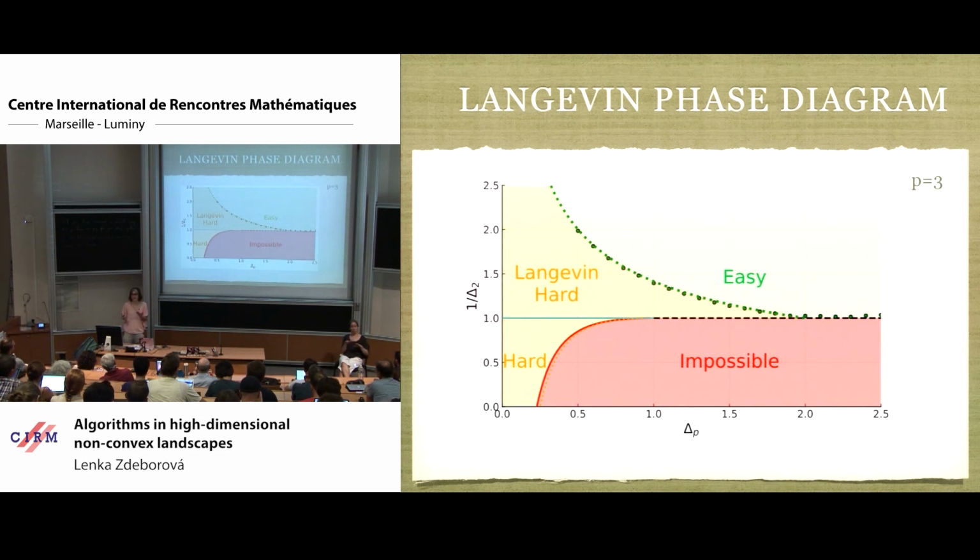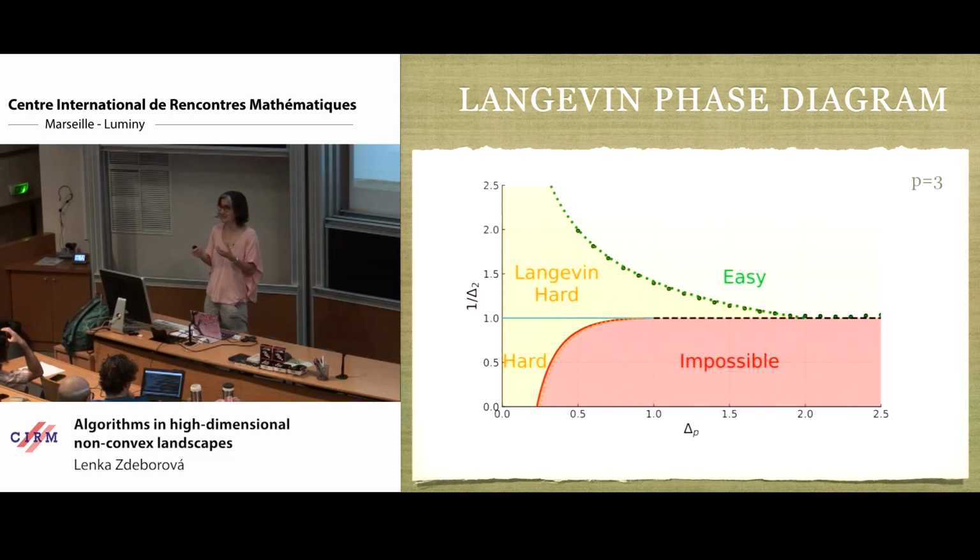But in this region here, when the noise of the tensor is small, counterintuitively, it doesn't work. Why? I will explain, but in one sentence, because this is very counterintuitive: it's the tensor contribution that makes the landscape very complicated and that makes the algorithm get stuck. So if you ignore the tensor, you would do better. But if you keep insisting on having the tensor there properly, so that asymptotically you would sample the posterior measure, it actually hurts you. We were not expecting that. We thought these two lines would just be the same.